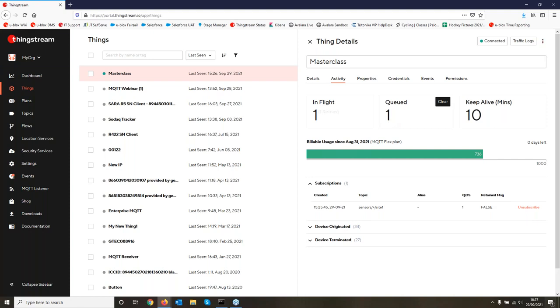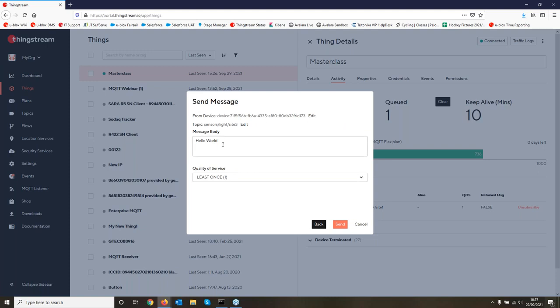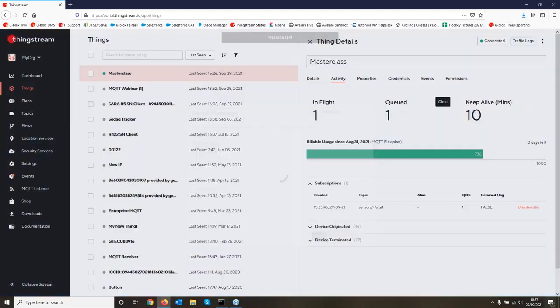If I now go and publish that message to sensors/light/site2, then we'll see that that message will not be queued here. I'll fire that off, and my queued count will not increase because it's gone to site 2, not site 1, which is the one that I'm subscribed to.